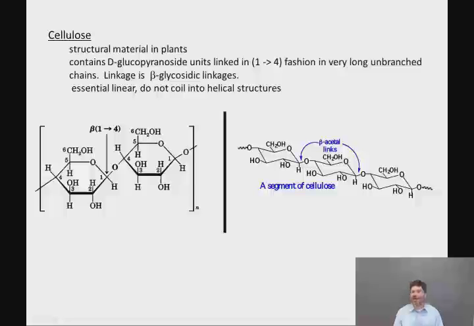In a beta linkage, the acetal oxygen occupies an equatorial site with respect to both of the 6-membered rings, the anomeric C1 as well as the C4 on the next carbon. If you think about what this would look like in 3 dimensions, it's going to form straight lines, and you don't have anything more of the molecule underneath, which is what leads to the curvature